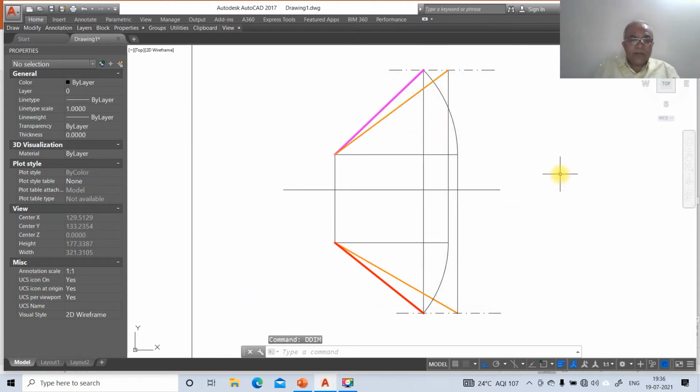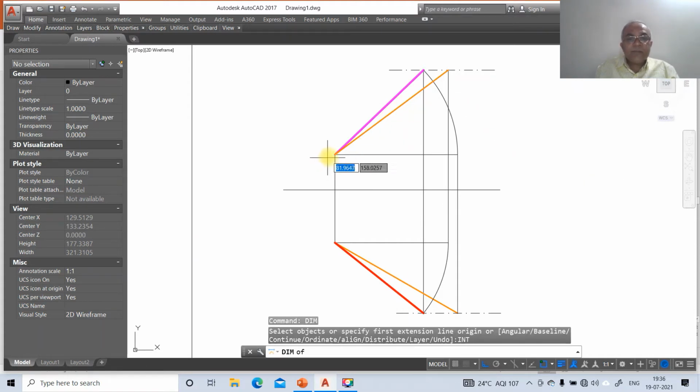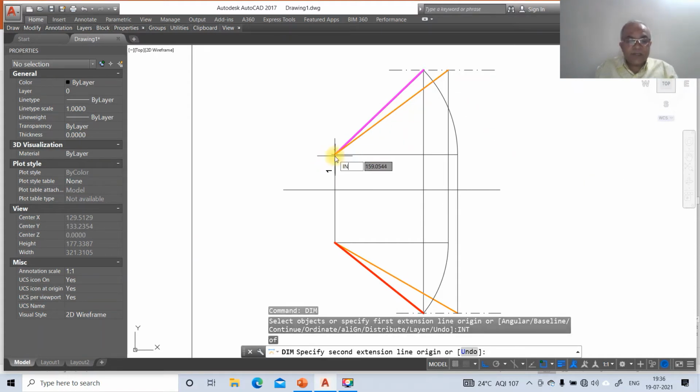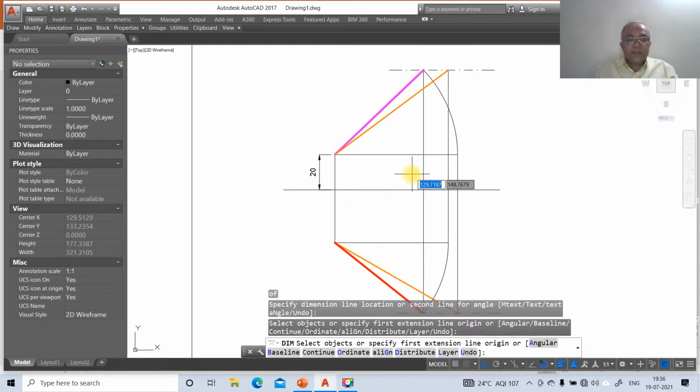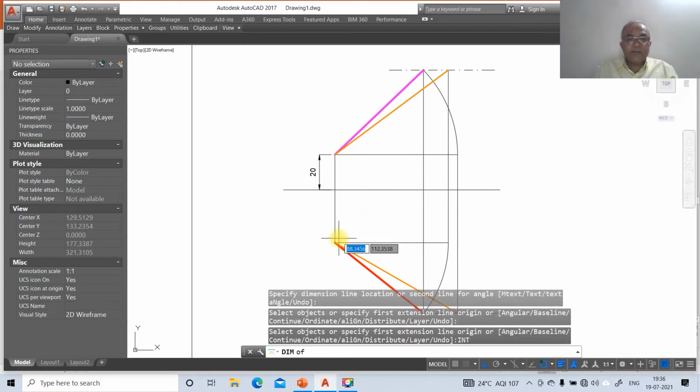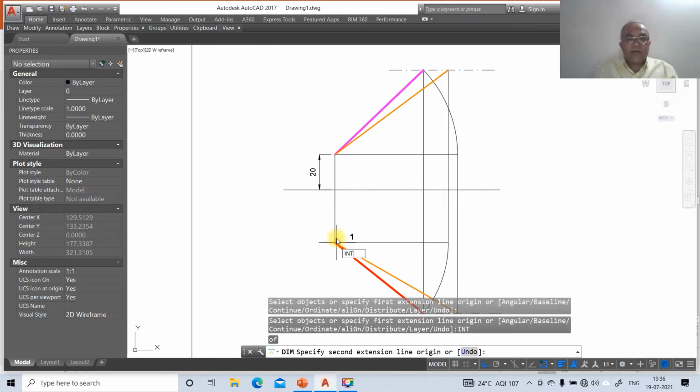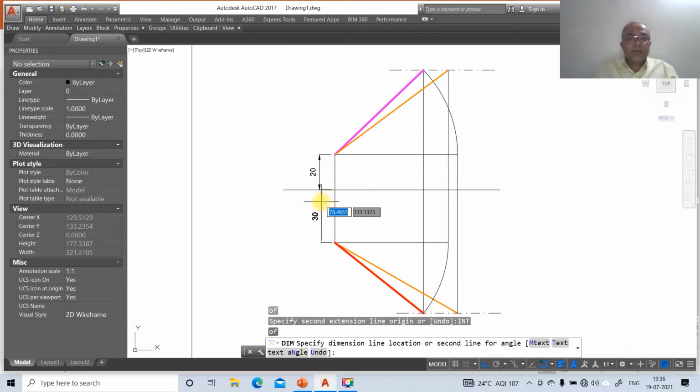Now we go for dim, type int of this and take intersection point of this. So you're going to get this as 20. Similarly, intersection point of this and take int of this. So you're going to get 30.